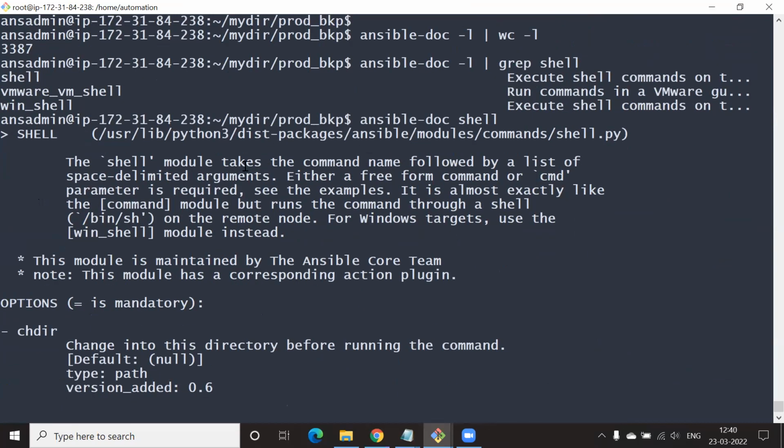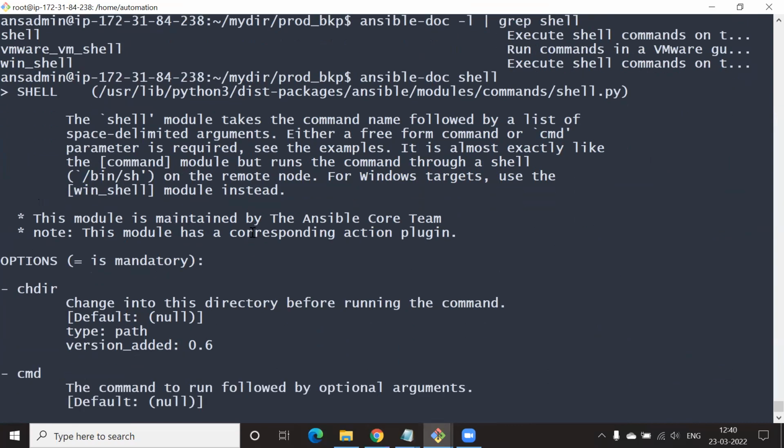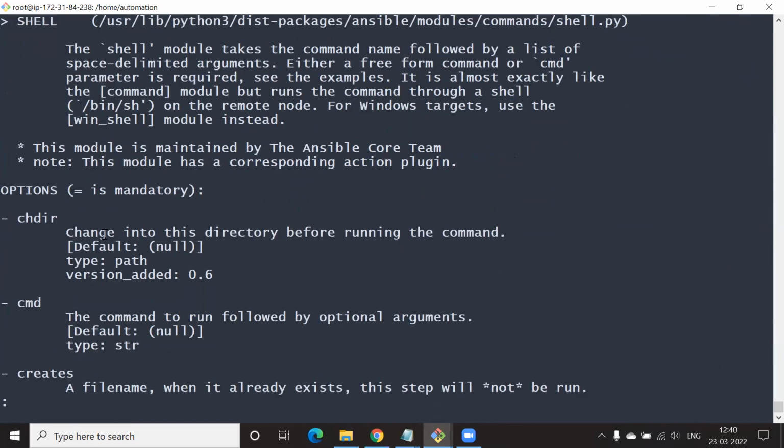You can perform all the shell commands from here. Catching it, buddy? Yes. Okay. Here we are.